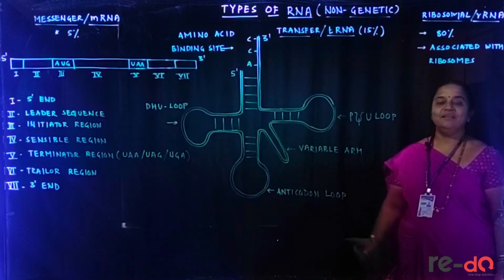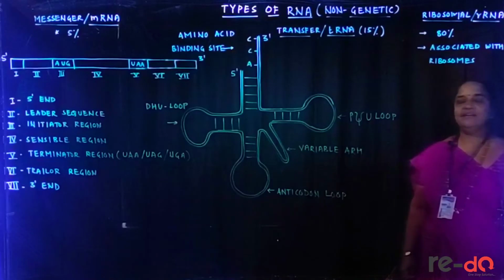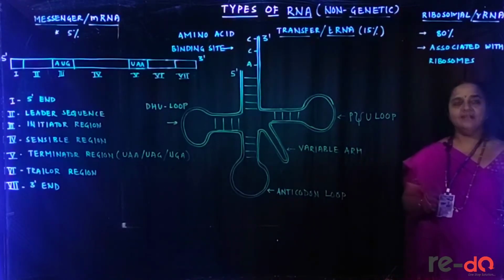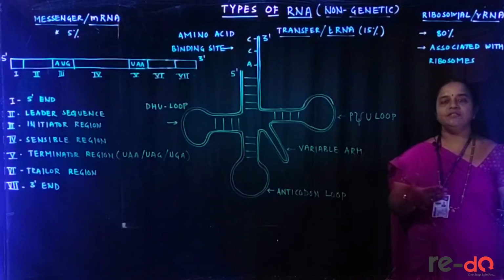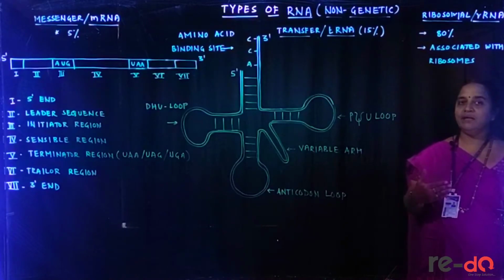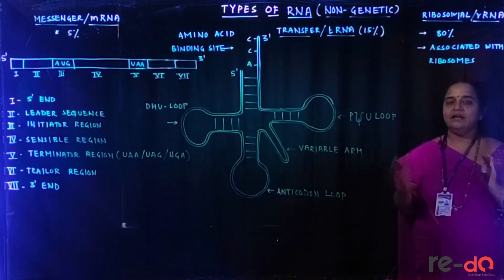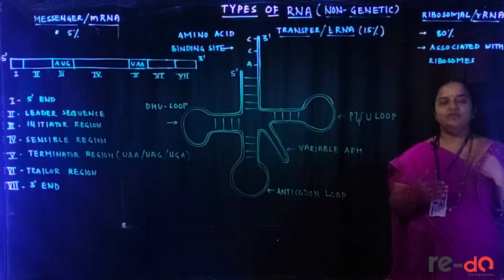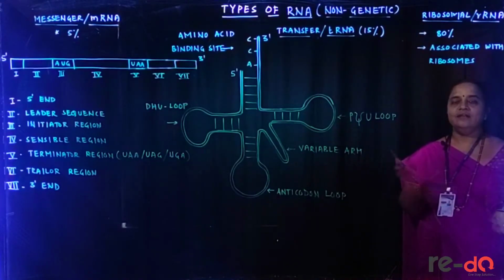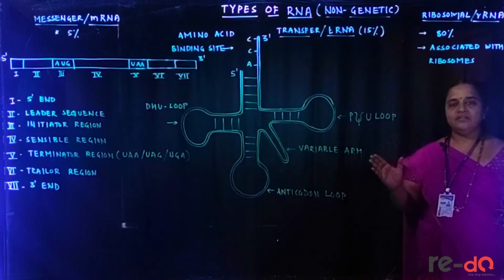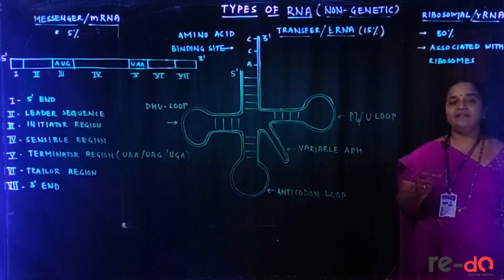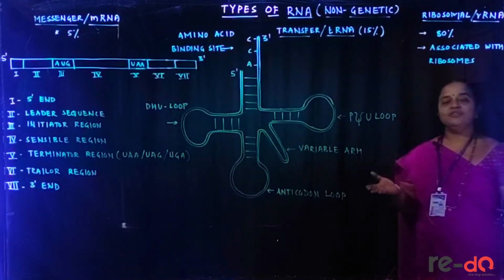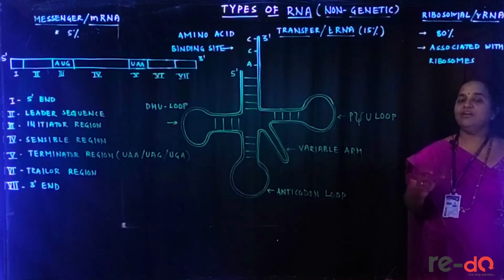Hello students, in the previous session we completed the transcription process. Transcription is the process in which genetic information is transferred from a DNA template, not the entire DNA but a part of DNA called a gene, towards the RNA, so that all three RNAs, messenger, ribosomal and transfer RNAs, code for amino acids. They help in polymerization of amino acids on the ribosomal units to synthesize protein, because protein serves as a